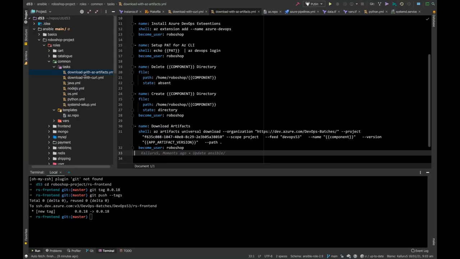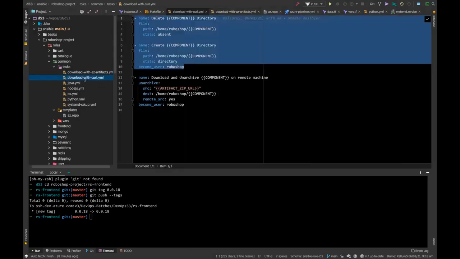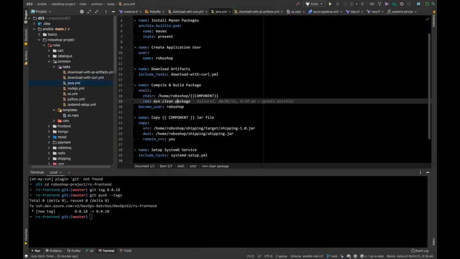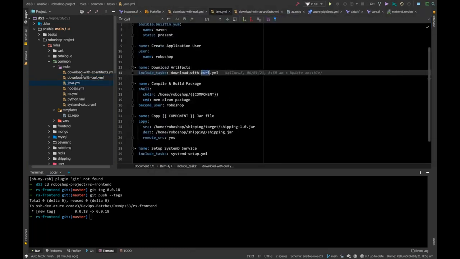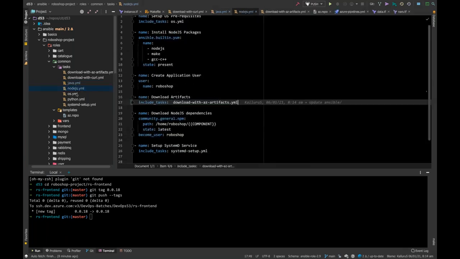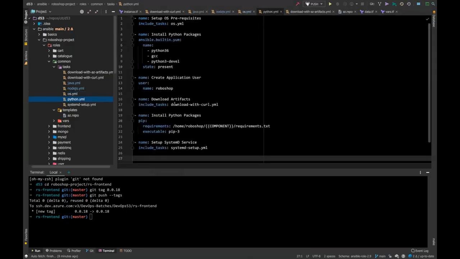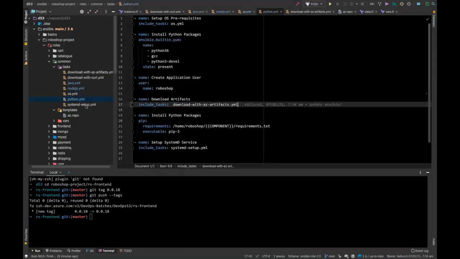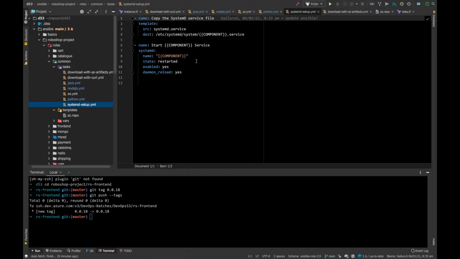And here everyone is actually downloading the artifact with curl, but we cannot go with the download with curl. So actually we should be going with the download with agent-artifacts.yaml. We have to take this, we have to include this now. So not here, include this now, and Java, Node.js. That's it. Okay, so these changes, whether it is working or not working, we'll take a look in tomorrow's session. That's all from myself for today.